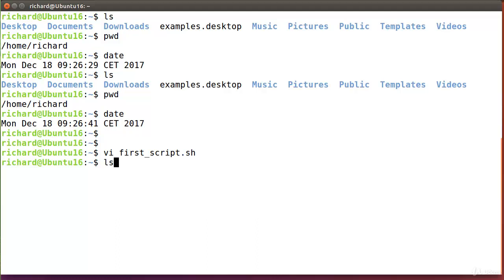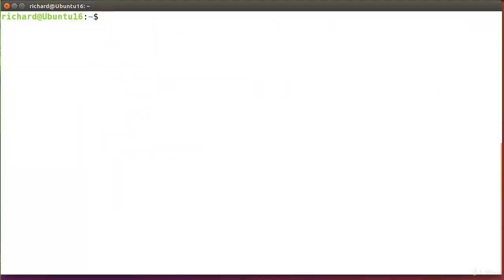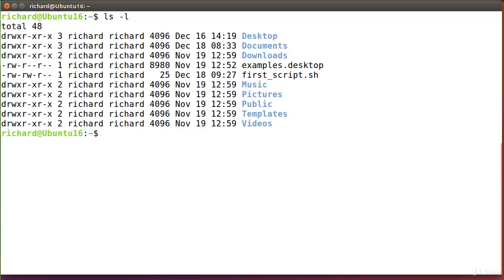Let's check what permissions are set for our script. Firstly, I will clear the screen, and then use the ls -l command to list the current directory. -l is an argument to the ls command, and it also shows us extended information about files and directories, such as permissions